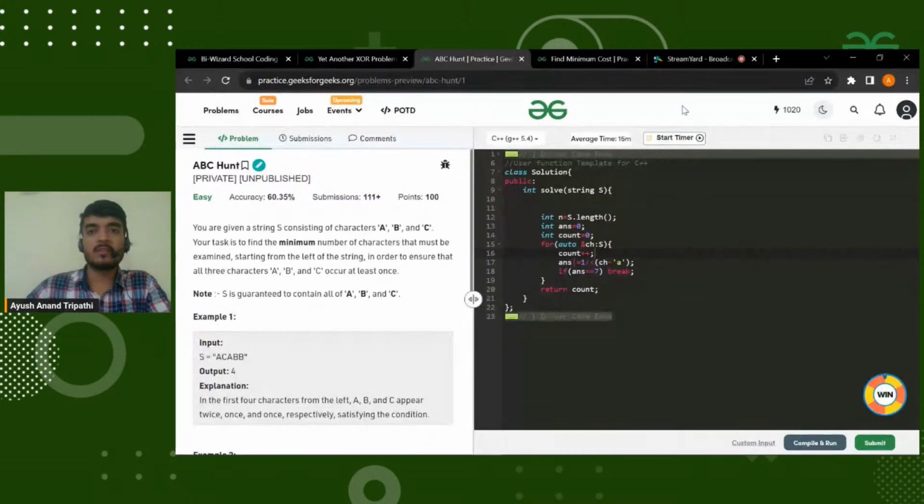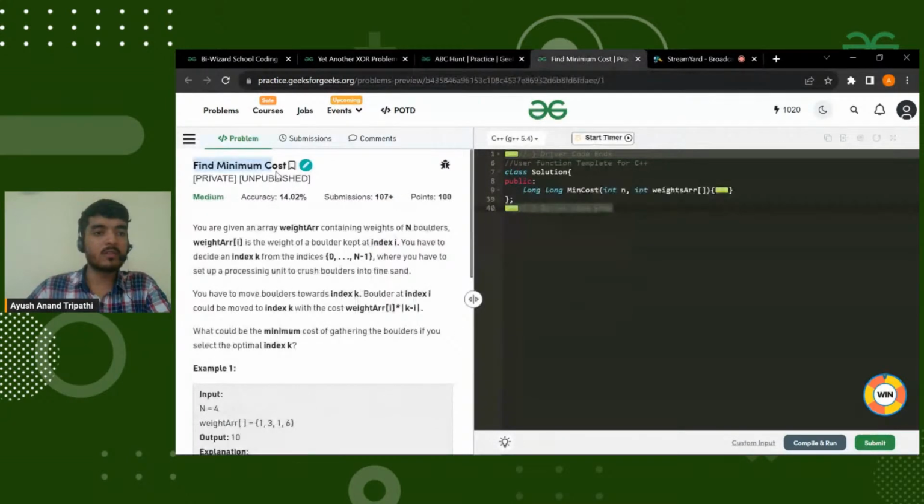All right, so let's just solve the last problem, which is find minimum cost. So here we have an array weight ARR containing weights of n boulders, where weight of ARR of i is the weight of a boulder kept at index i, and we have to decide an index k from 0 to n minus 1, where we have to set up a processing unit to crush boulders into fine sand, and we need to move all the boulders to that index k, and the cost of moving